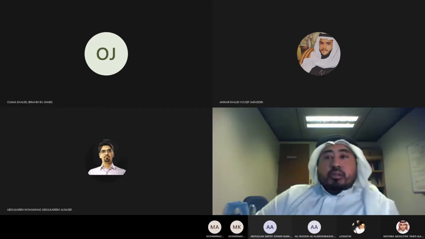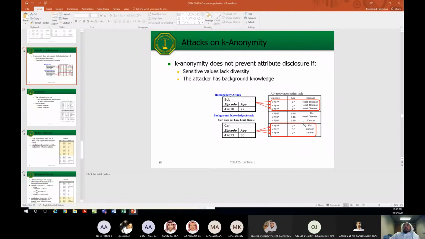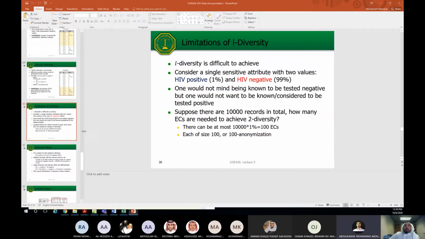What are the shortcomings of L-diversity? We said L-diversity is an improvement over k-anonymity, because k-anonymity is susceptible to the homogeneity attack. It doesn't consider the sensitive values, the sensitive attributes, when doing the cut. L-diversity is an improvement over that by